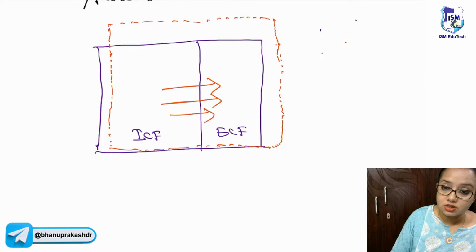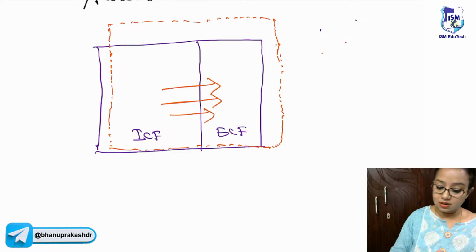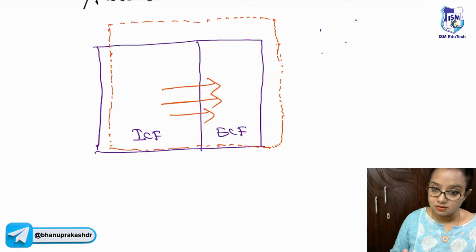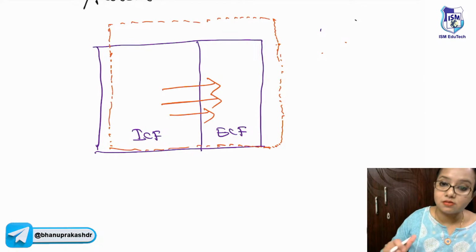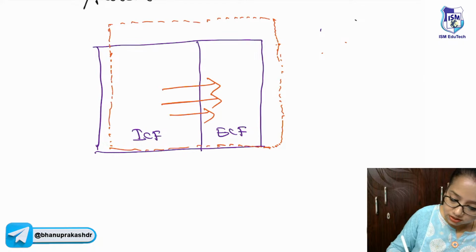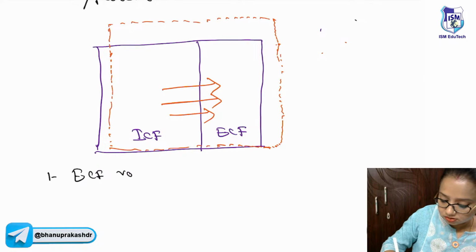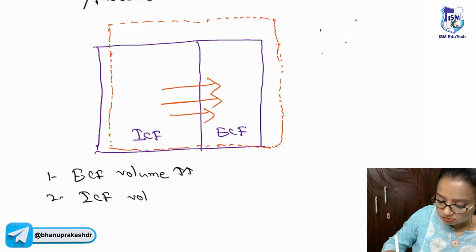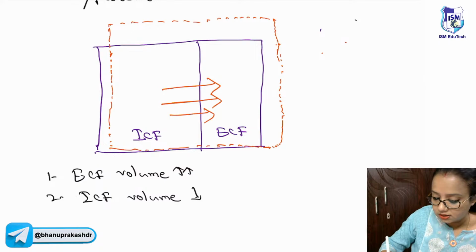The more dilute portion, the more water-containing portion, is in the ICF. So following osmosis, again fluid will move from ICF to ECF. There will be a decrease in the volume of the ICF, but both will have more osmolarity. So the point that stands out here: ECF volume increases, ICF volume decreases,